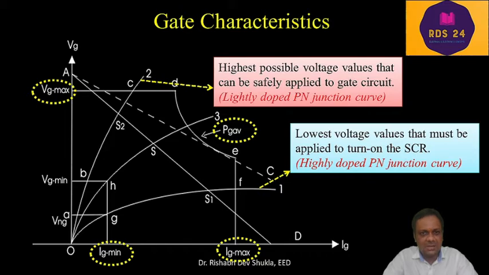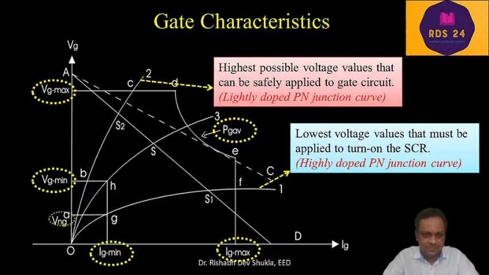and we have the minimum value of gate current that is required to turn on the SCR. Ig minimum is the value of gate current that must be applied to turn on the SCR. For reliable turn on of the SCR, at least the Ig minimum value is required. Vg minimum is the minimum voltage required between the gate to cathode junction to turn on the